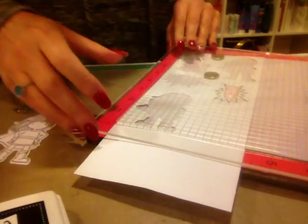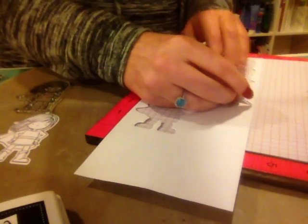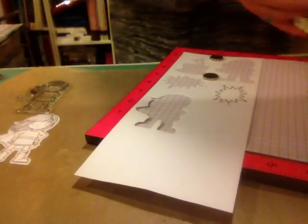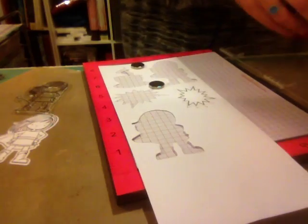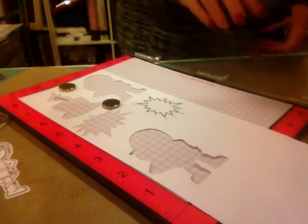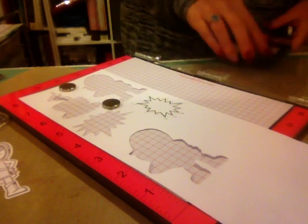I'm just going to do this kind of fast. So again, pick it up. The paper comes with it, probably because I've only used the stamp once. So this is where you can change ink colors. You can do this, but I have the hybrid black ink with me, so that's what I'm going to use. So I'm going to ink it up